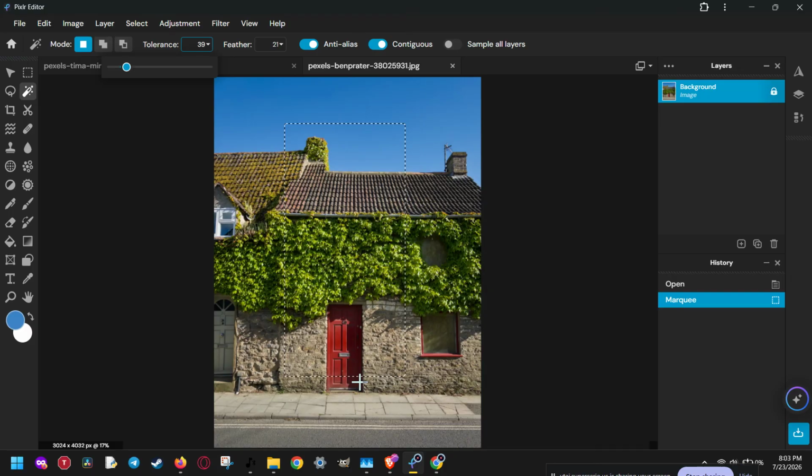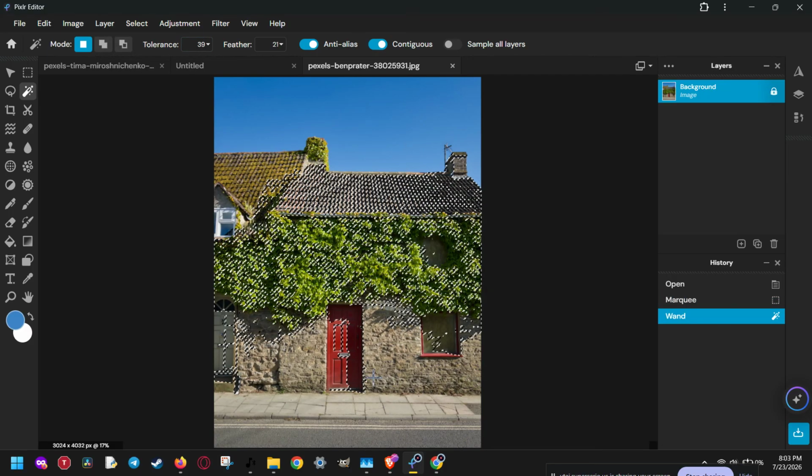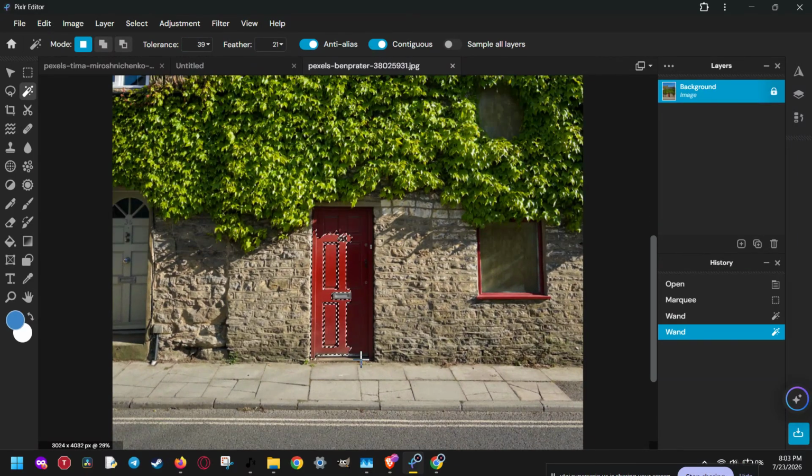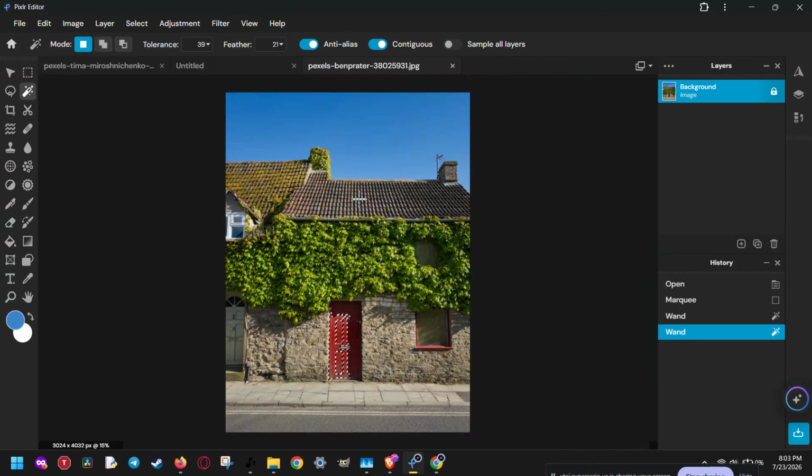First, open Pixlr E in your browser or on your PC and load the image you want to edit. Before you can invert anything, you need to make a selection first. You can do this using the Lasso tool if you want a freehand selection, or the Marquee tool if you want a cleaner shape like a rectangle or circle. Click and drag around the area you want to select, and once the selection is active, you're ready for the